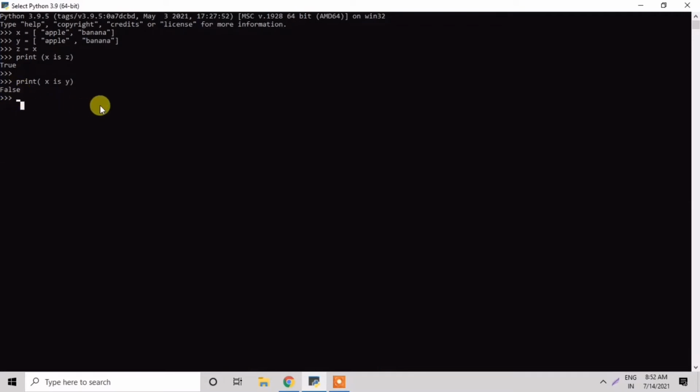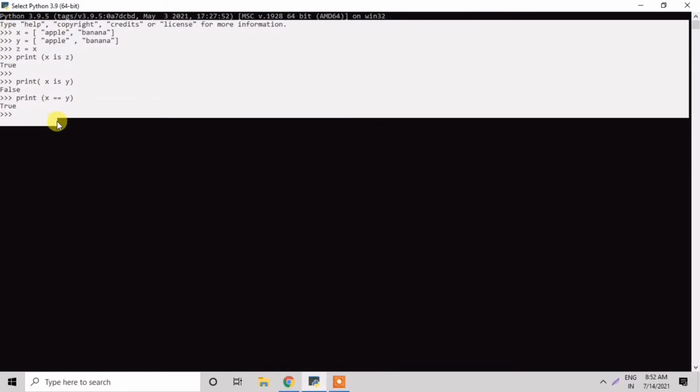Another example is print if x is equal to y, then the answer is true. We are discussing only the values of x and y, that is equal to. The value of x is apple and banana, and the value of y is apple and banana, so these are the same values, so the answer is true. In this way we can use the is identity operator in the Python programming language.